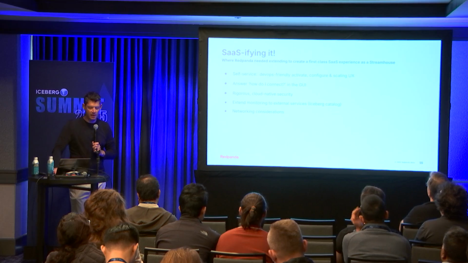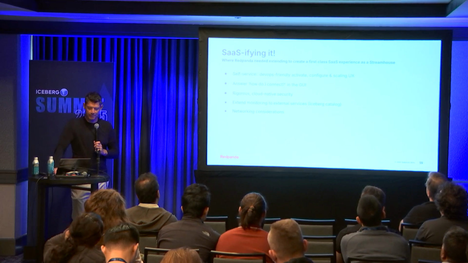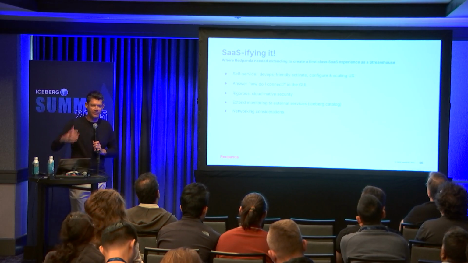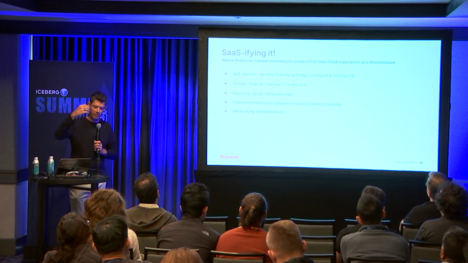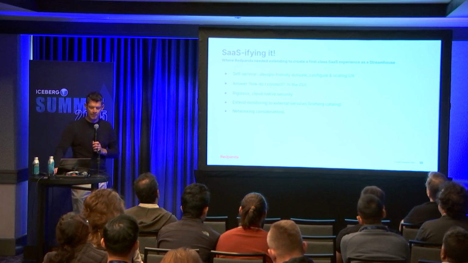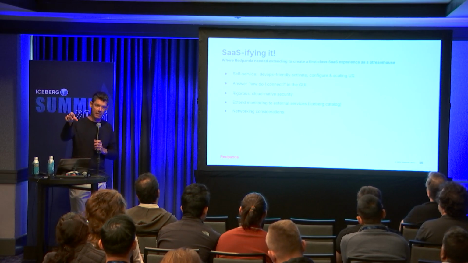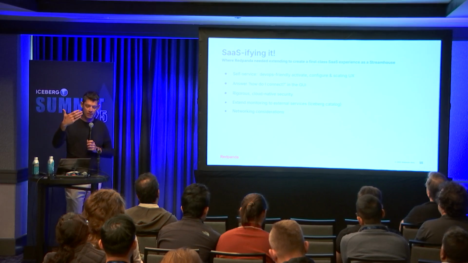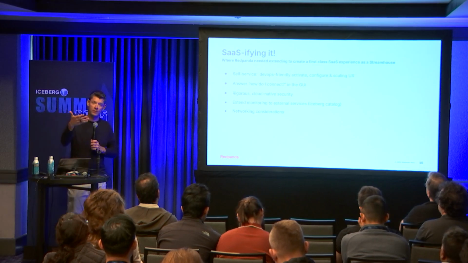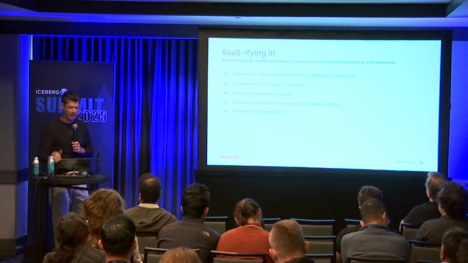And to SaaSify that, we'll do a few extra things on top. We'll make it really easy to configure self-service. This is obvious, but through our SaaS in a DevOps-friendly way. We'll help them understand how to connect to this thing. Remember, we get their catalog in play now, so they actually have to go kind of through their catalog to connect to our tables, if they want to use SQL to access the environment and not the Kafka API.